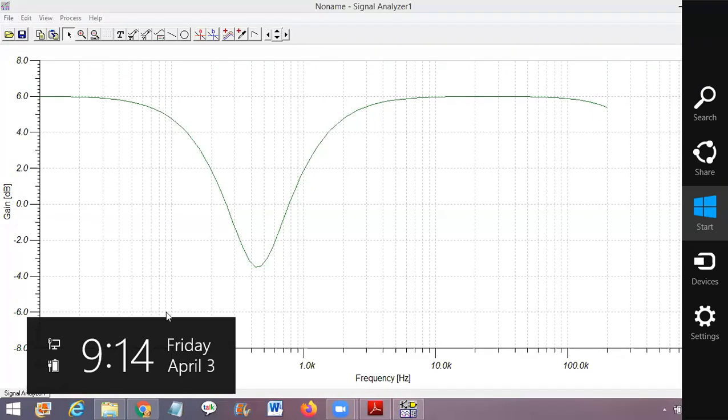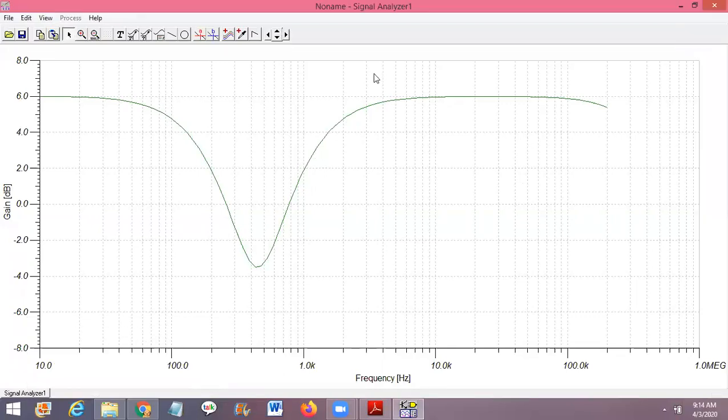I will take this as FH and this as FL. Okay, so this is FL and this is FH. The range of frequencies between FL and FH is rejected, and these bands of frequencies are passed. Okay, so therefore we call this a band reject filter. So this is the main concept of the band reject filter.